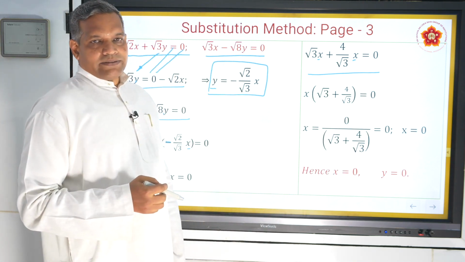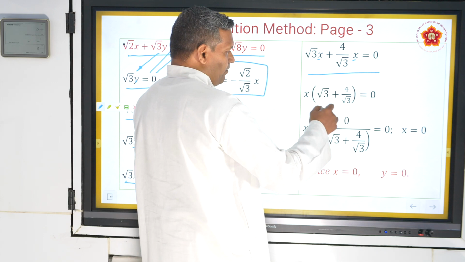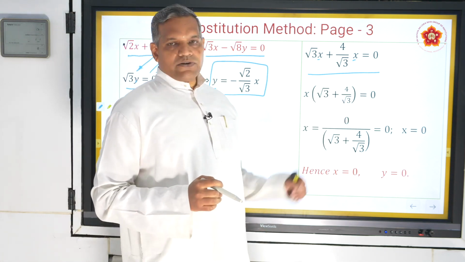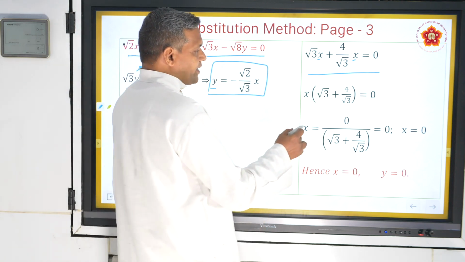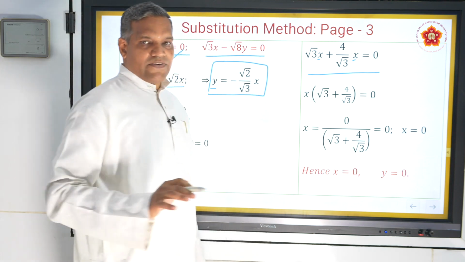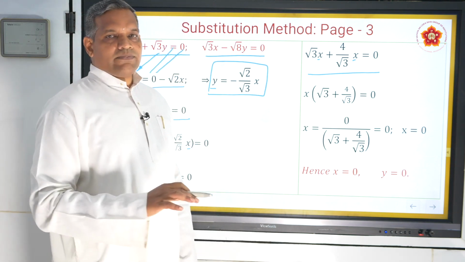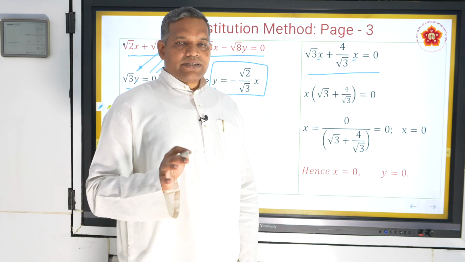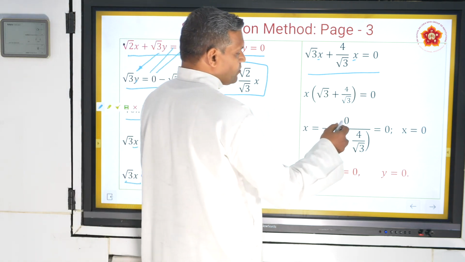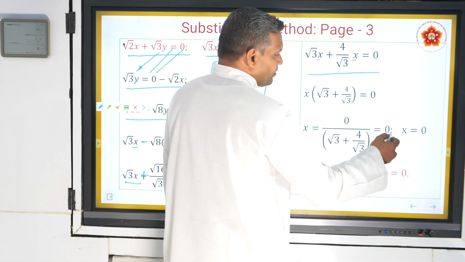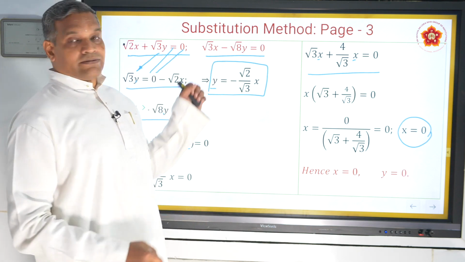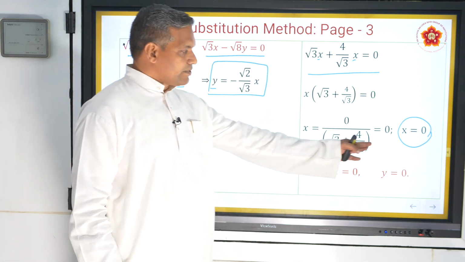It's a cakewalk from here, because the whole number, whatever real numbers are there, are in a single bracket. X is different and 0 is different. So now x is equal to 0 over all these values. I don't simplify, I don't take LCM, I don't do anything, because I know pretty much sure that 0 by anything is 0. So x is equal to 0 by the whole thing, hence x value is 0. Simple. So very complicated it looks, but the answer is x is equal to 0.